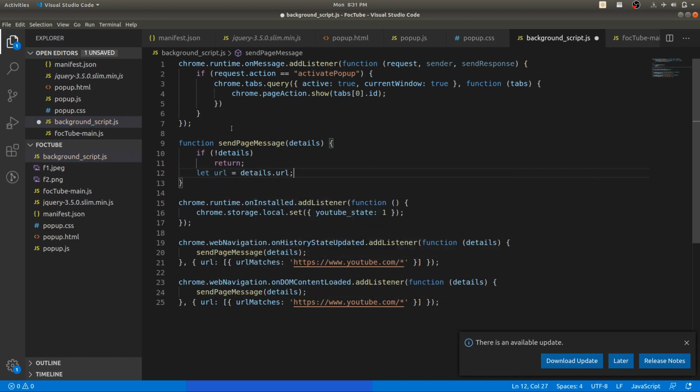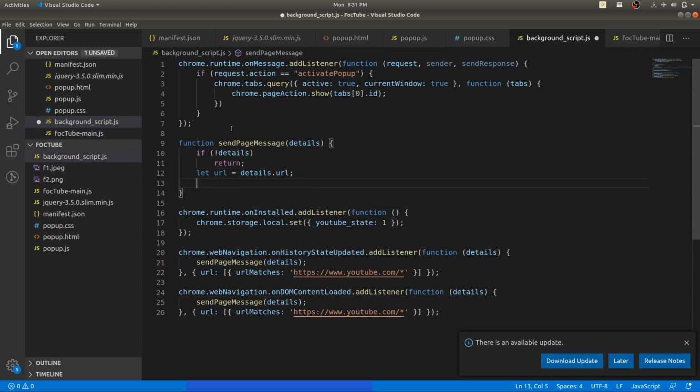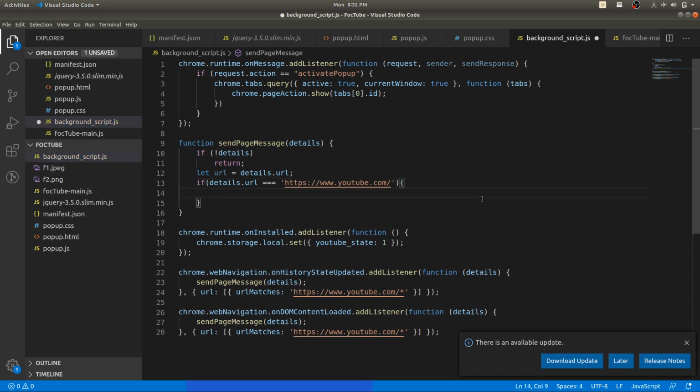Okay, so all the web navigation listeners pass the details, having all the details like which is the URL and what is the current state of page. So these are the parameters that are being passed in as a details. So we are passing the same details to the send page message and we will be using that.